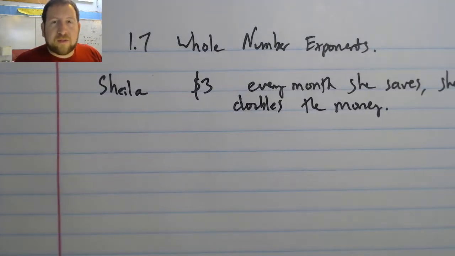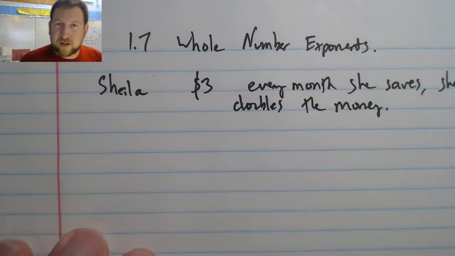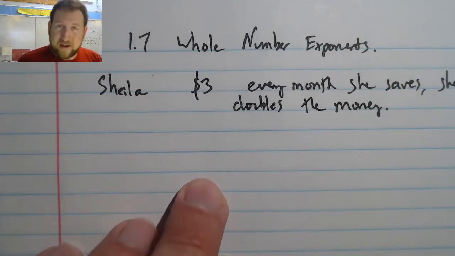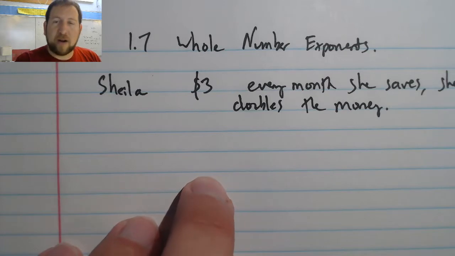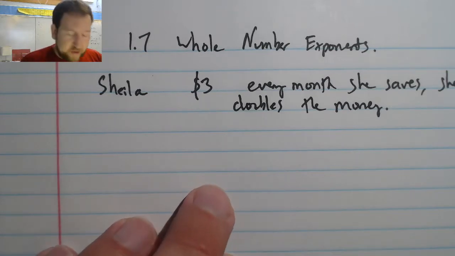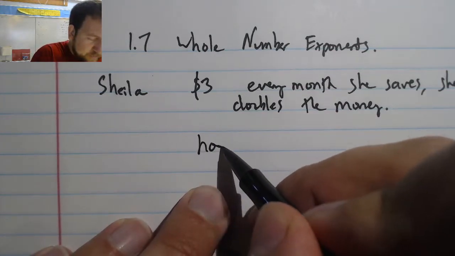So after 6 months, how much money could we calculate? And the real question is, if we didn't know that she had $3, how could we write a variable expression to show this? So how could we write